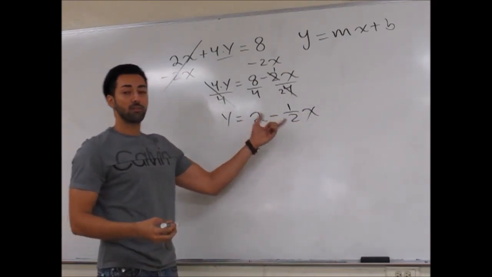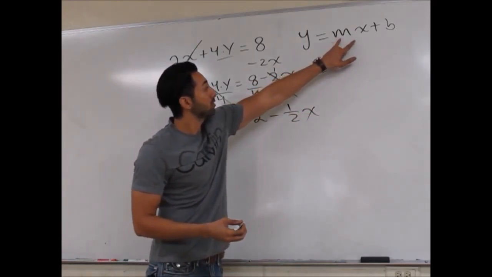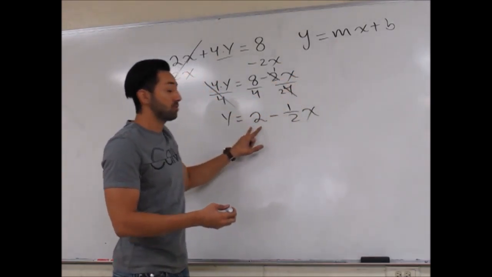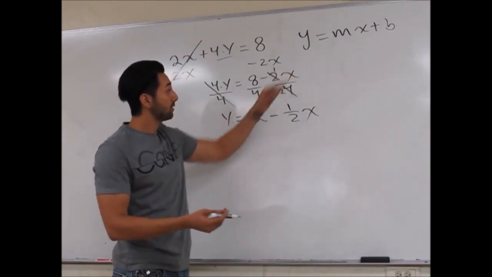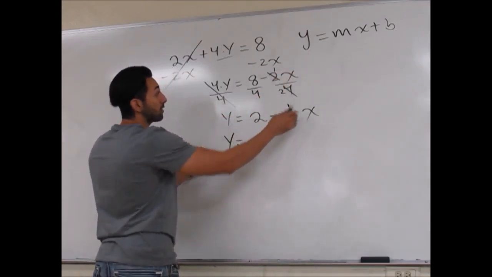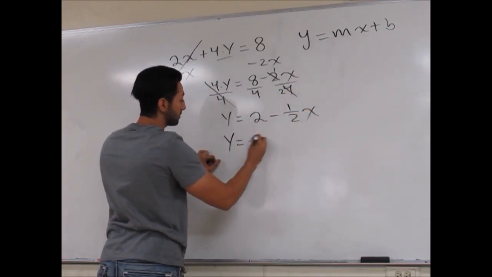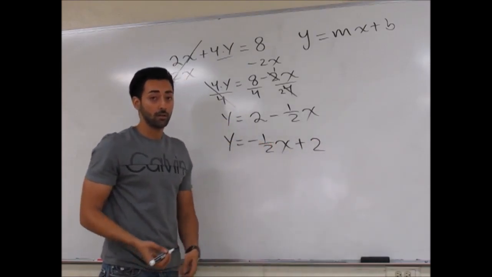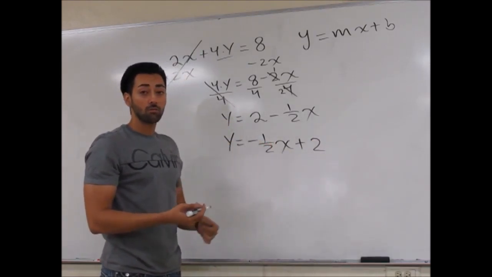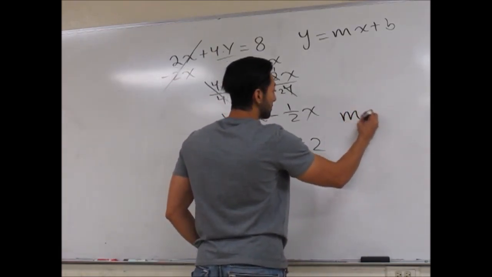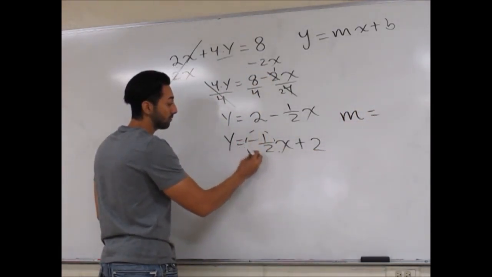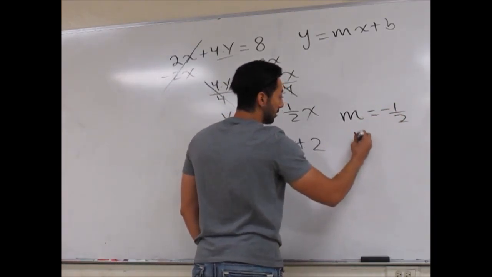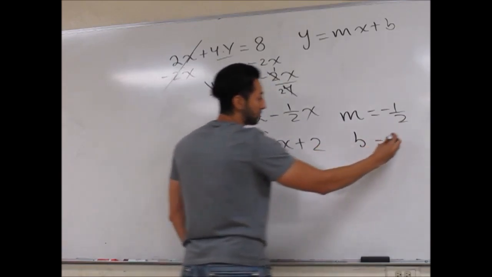Now see, this is kind of flip-flopped. It's kind of backwards because my mx term is to the right and my y-intercept is to the left. That's completely fine. If you want to make it look exactly like that, we could go ahead and do that. Y is equal to, write the mx term first, which is the negative half x, and then the plus 2 on the side. Now it's very easy and clear for me to see what my m and b value is. My m in this case is going to be this negative half, which is just to the left of my variable x. And my b is just the number off to the side, which is a positive 2.